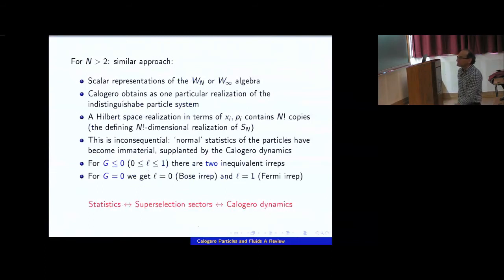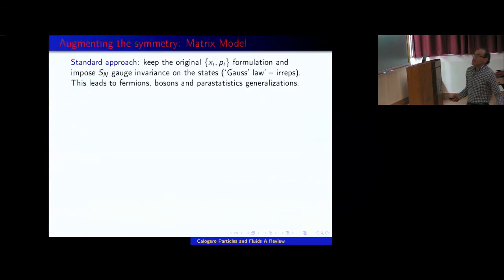Okay. So that kind of gives you the idea that the Calogero model has a deeper connection with statistics than any kind of heuristics about scatterings and maybe exclusions, etc. But let's now go to the second way of realizing a gauge system that will take us to a real piece of math that you can do about the Calogero model and derived stuff, which is augmenting this symmetry as